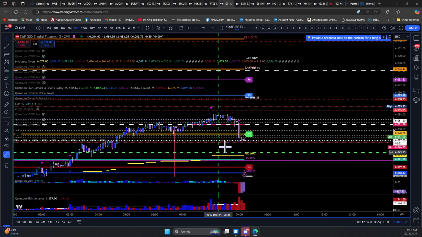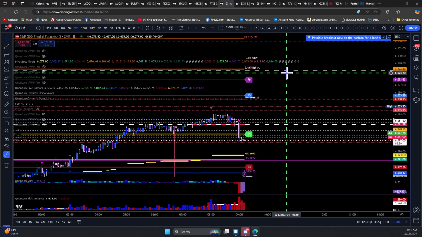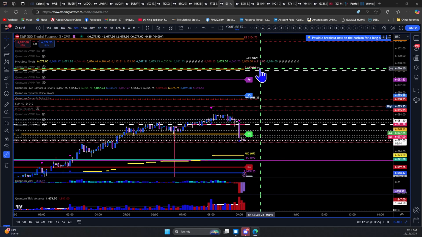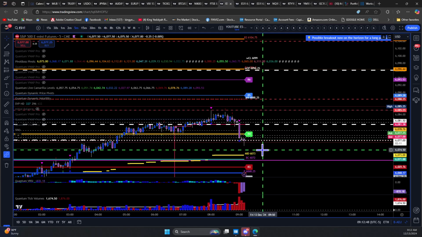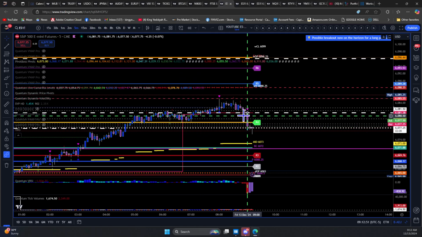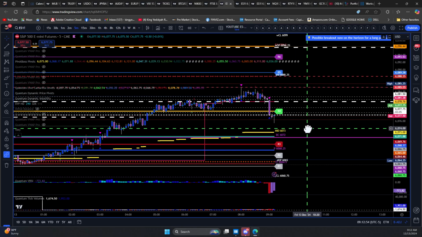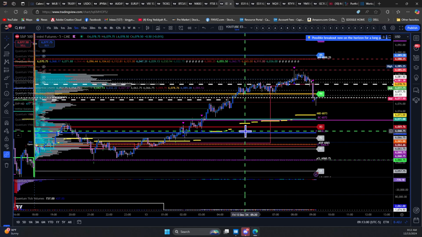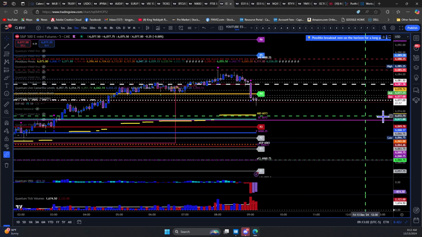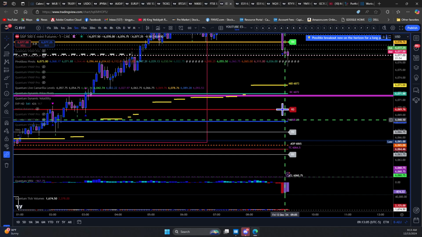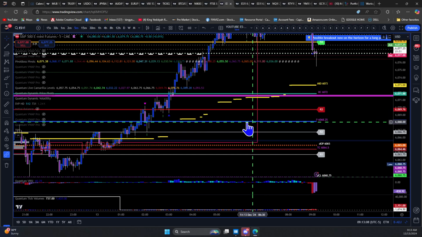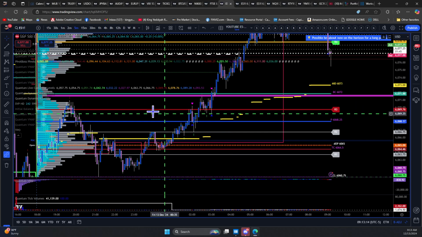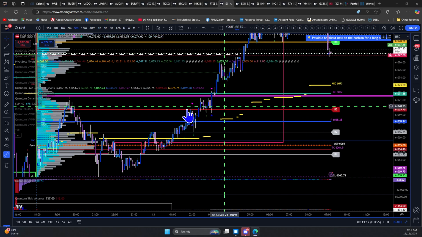And that's up at floor pivot R1. So if we see buyers come back in, this could be a possible target, just to retest this virgin VPOC here. Also, floor pivot R1 is a bullish target. And then let's see. We could get buyers back around this area right here because this was a golden pivot zone with the Camarilla R3 and the central pivot in close proximity right here. So this was a resistance zone. We had a little accumulation right there. Buyers took it up. Now we could retest this area and look for buyers again.